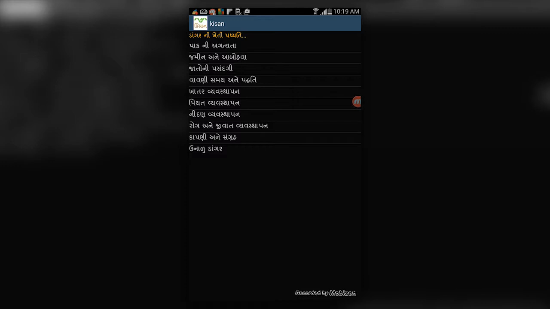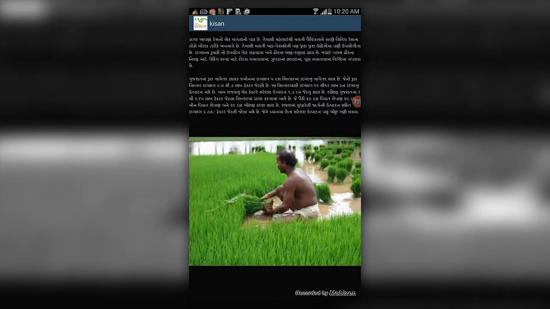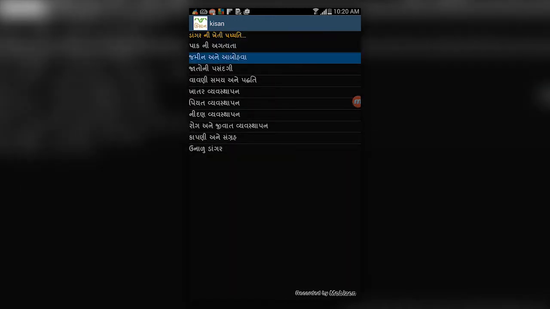Then you will have information related to fertilizer management, and information related to irrigation management in paddy. Then there is weed management in paddy, then pest and disease management in paddy, then how to harvest and store the harvested crop. Then there is one menu for summer paddy cultivation. Paddy is cultivated basically in two seasons, one in the rainy season and another in the summer season. Now we'll start with the importance of the crop and what it includes.